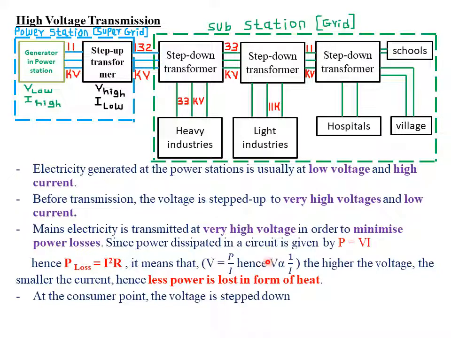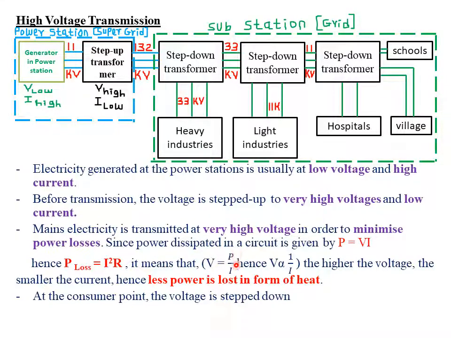And of course, we are transmitting this particular power at very high voltages. So when the voltage is high, it simply means that the current is very low. And remember, power loss is given by I squared R. So if the current is very low, it simply means that the power loss in those particular cables will also be very, very low. So the higher the voltage, the smaller the current,